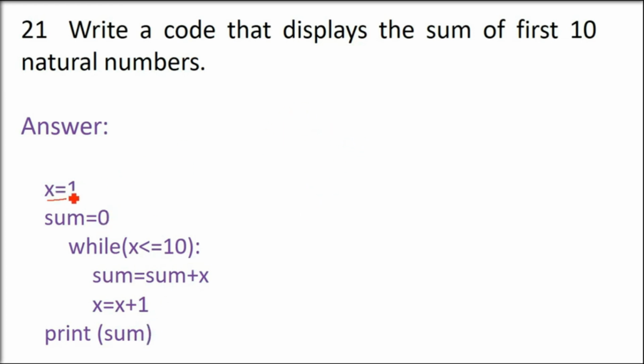First 2-3 runs, how does this program work? So x is 1 now. So while x is 1, 1 is less than or equal to 10. So sum is initially 0. The sum is sum plus x. In x, 1 has come because x is 1 now, and sum is 0. So sum will have 0 plus 1, that is 1. Now sum has the value 1.